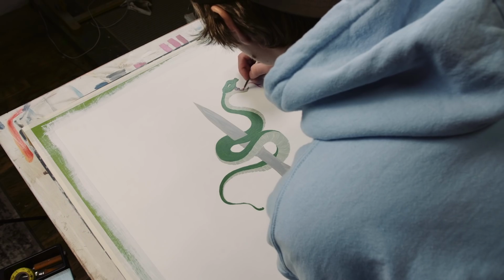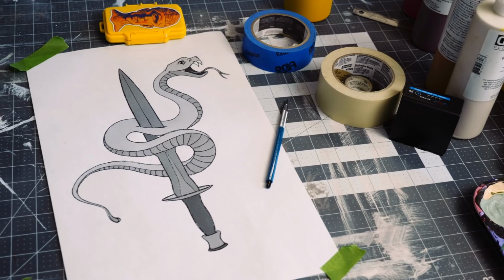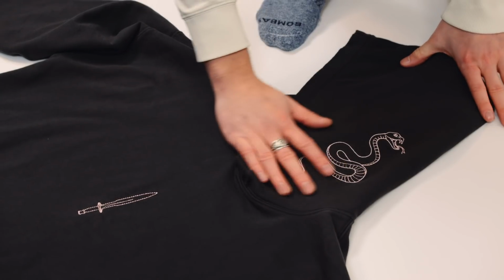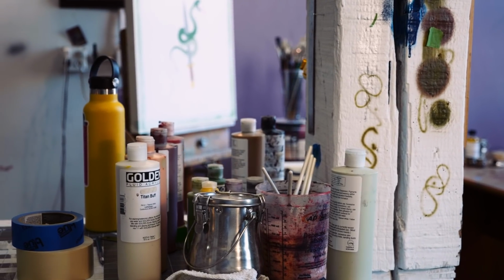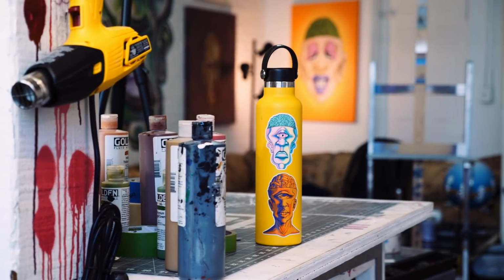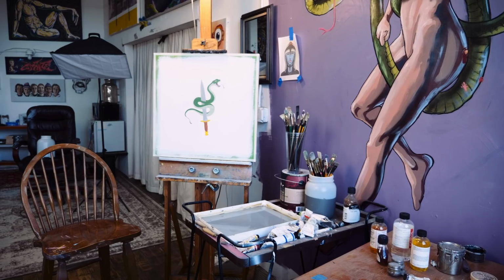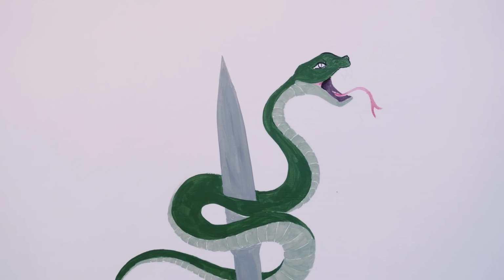And like I said before, this sword and serpent imagery was to really take care of both the graphic embroidery on the garments, on the hoodies and beanies, but also to be painted into some stylized graphic painting. And usually when I go towards these fantastical, sort of cartoony, not realistic things, I use acrylic paint and I love it. But midway through, you could see, not even very beginning stages, I was like, I want to use